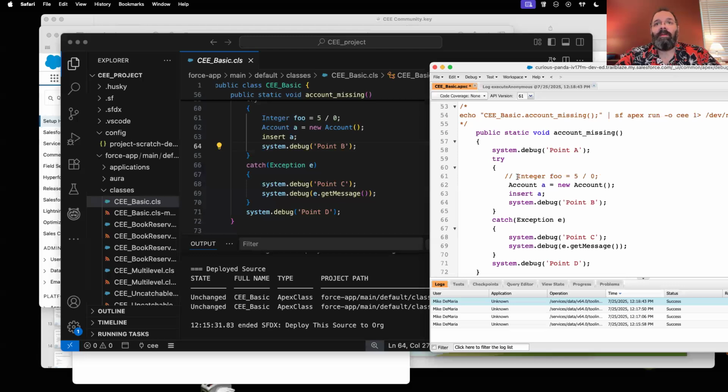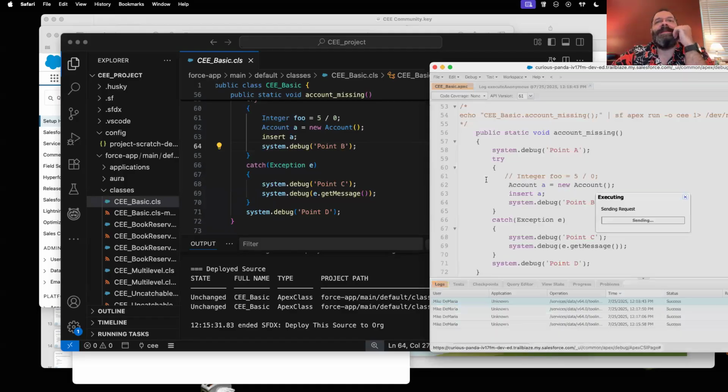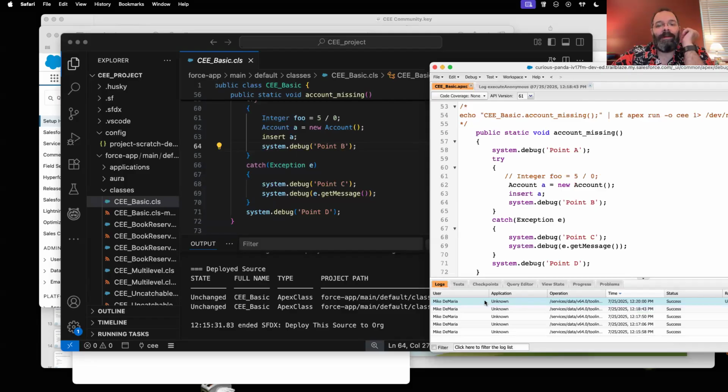Let's say I'm going to take this code here. And let's say for the moment that we don't have that divide by 0. What's going to happen if I run this code? What do you think is going to happen? Yell out an answer. Is this going to work? Going to be missing a name, I believe, missing some fields. Haha, missing fields. Let's find out. I'm going to run it.